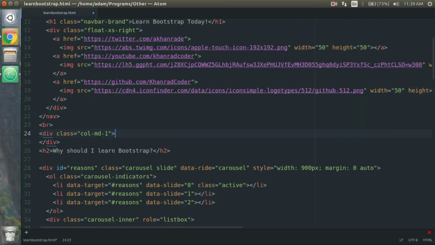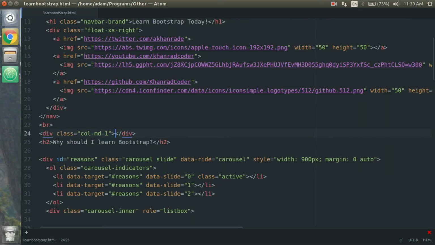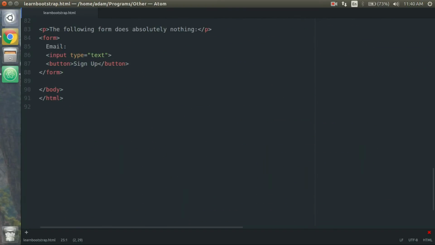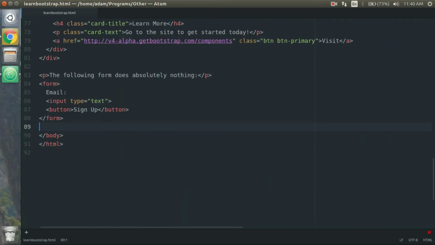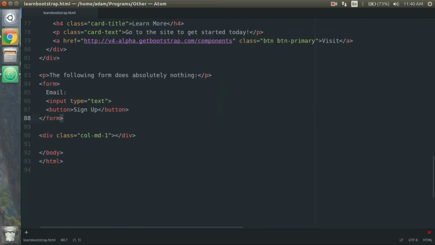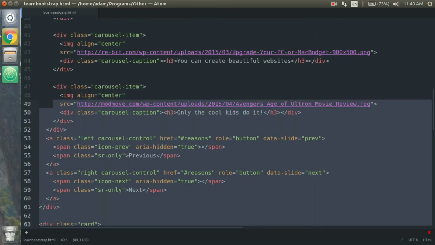Okay, so we've just created our first column. Now we're going to copy this, and we're going to put this at the end of the file so that we'll have one column on the left and another on the right. So I'll scroll all the way down right after we have our form, paste that in, and we have 2 columns on the side. Now the last thing that we need to do is to put everything else, all of this,